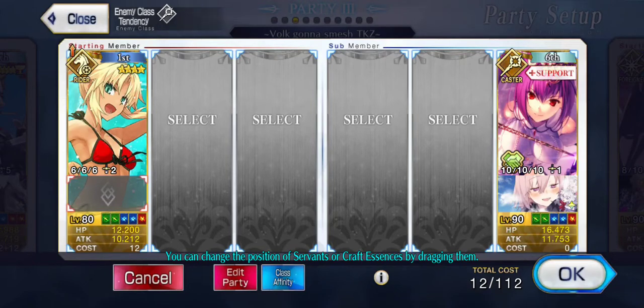Although often when you're running these kinds of teams, especially when you're aided by Castoria, the class advantage system kind of gets thrown out the window, just because usually at the point that you're running two Artoria casters, your damage will be good enough that you don't need to worry about it too much. Anyways,